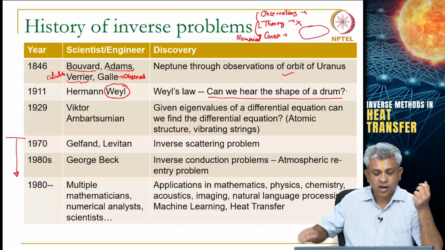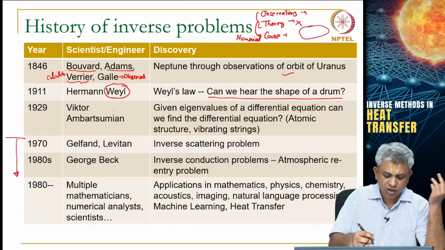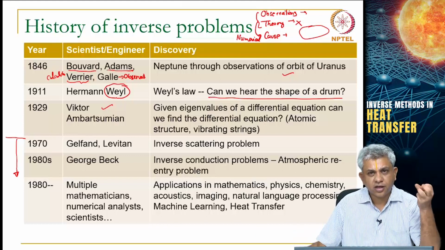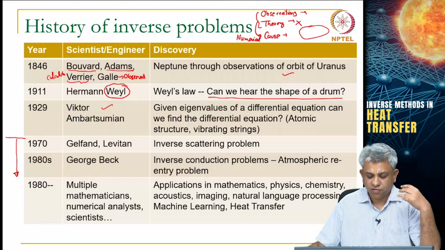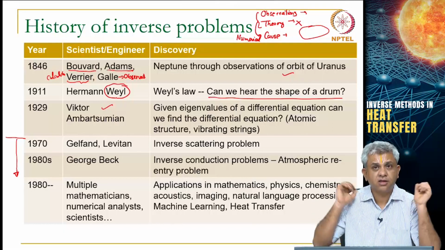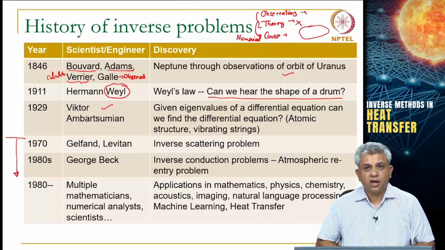Then in 1929, I think this was Victor Ambartsumian, I am not sure I am pronouncing the name right. In 1929, there is an application in a mixture of astrophysics, atomic structure, etc. Now, look at this problem. You might not understand it in the version given here, but you can think of it as a version of,